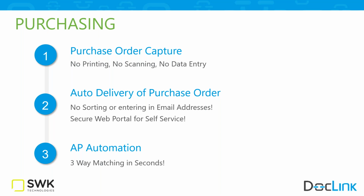Provide a portal for those vendors to come and look at the status of their invoices. So there's a lot of functionality that DocLink brings to the table to really facilitate your business process. And then, of course, we covered AP automation, and also taking care of being able to do some three-way matching, taking the invoice, scraping that data, automatically comparing to the receiving and the purchase order tables. That way you're able to transform the organization to one of exception management, versus having to touch every single